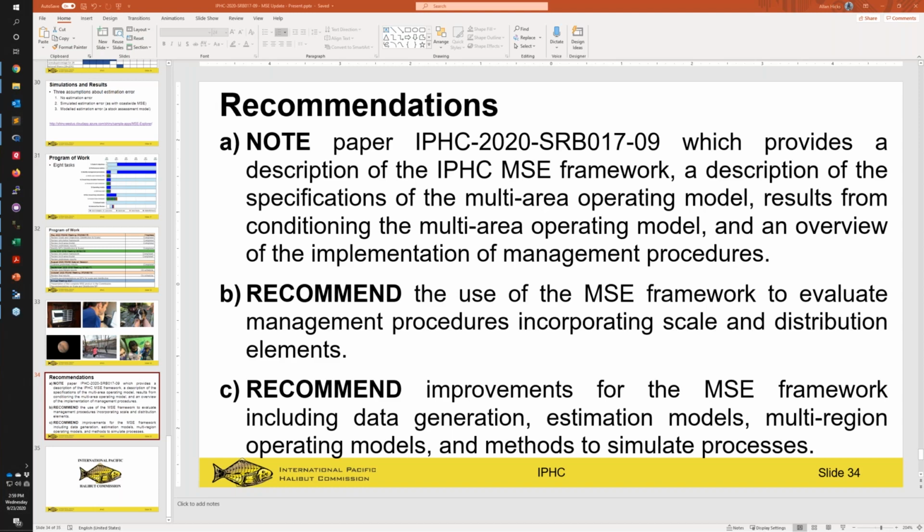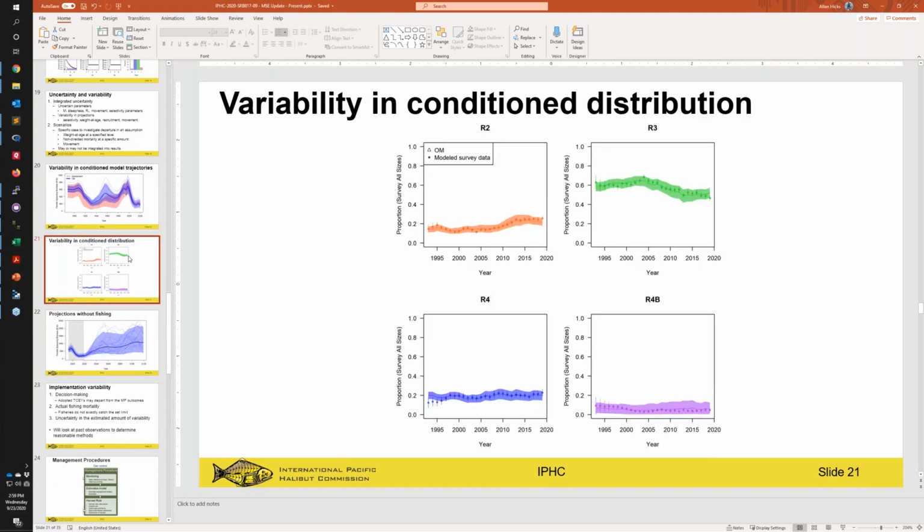Yeah. So like the graphs you were showing before about the proportional distribution and biomass among the regions. And you noted that in a couple, I think in the most recent observation, it departed, like there's a different trend between the model and the data. Just pop up to that. Yeah, that R3, actually a couple of these, R2 and R3. So if you continue along here, these would be borderline exceptional circumstances, right? A little bit. If these trends continue, and now that observed data, I guess it's model survey data, jumps outside of that region, that uncertainty region,